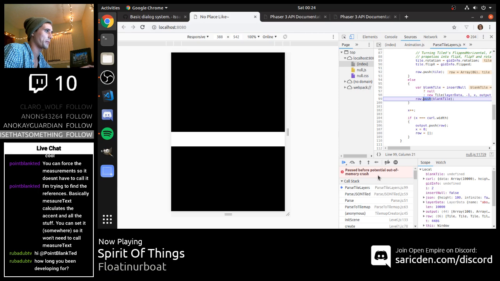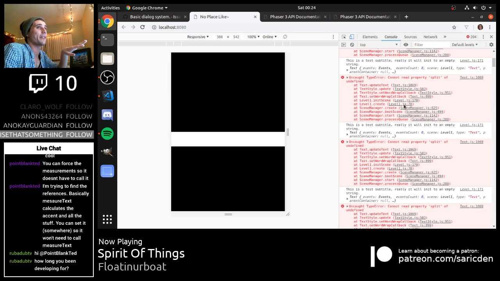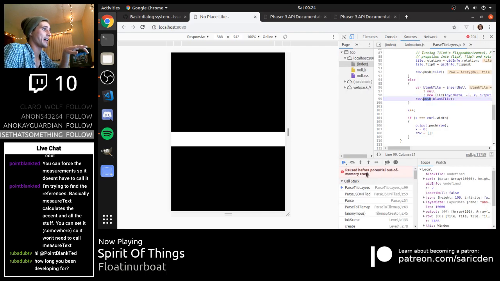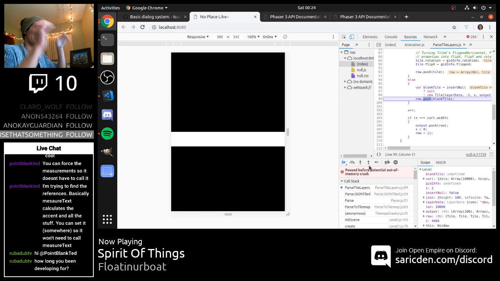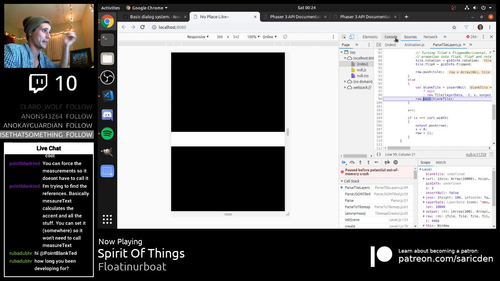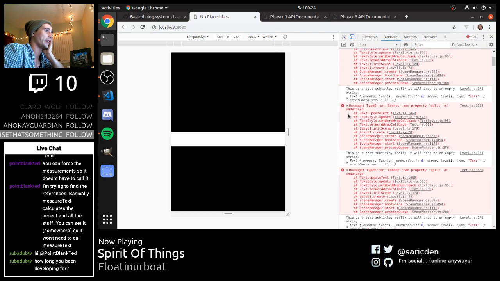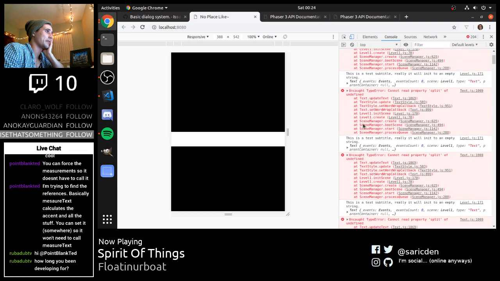Whoa, pause before potential out-of-memory crash. That's a thank you, new RAM. This error, I kid you guys not, used to crash my streams because at one point I only had 4 gigs of RAM on my machine, and this would literally surpass that every now and then and just crash the whole stream. Crash OBS, crash everything. But now I've got 8, so Chrome can figure out what's happening before all hell breaks loose. But anyways,